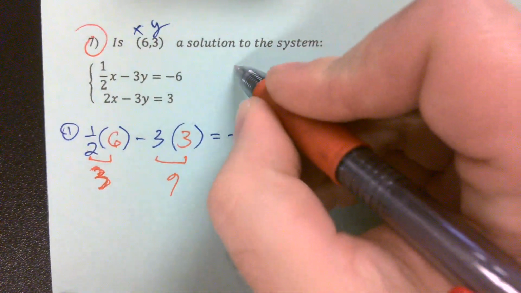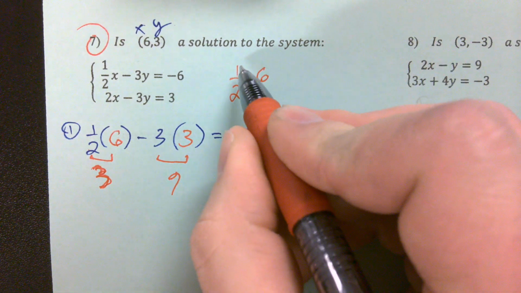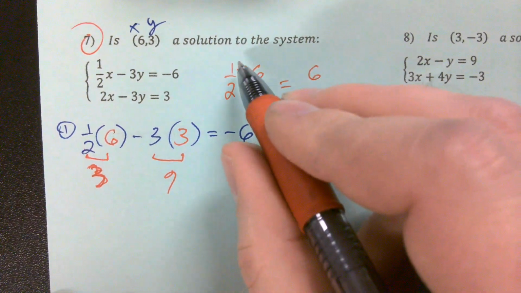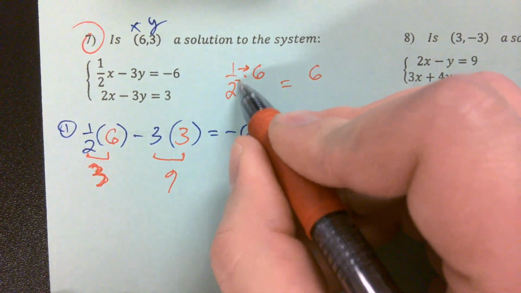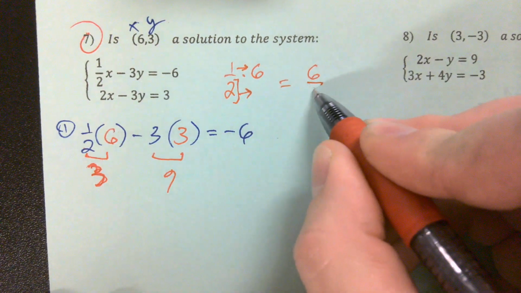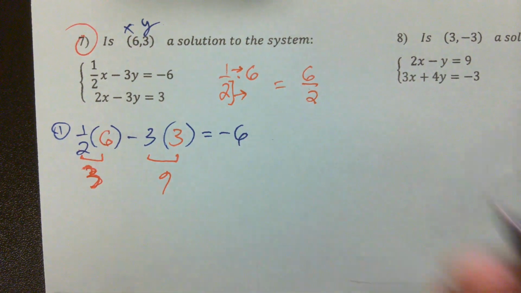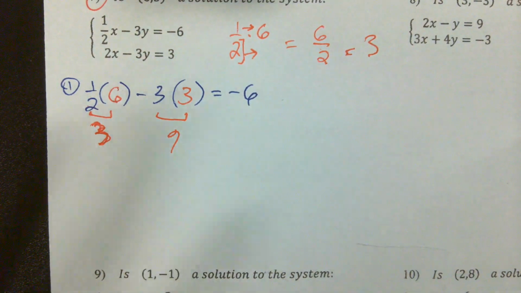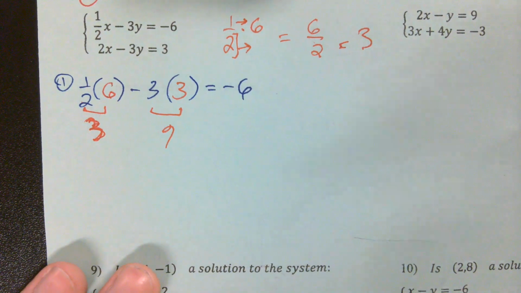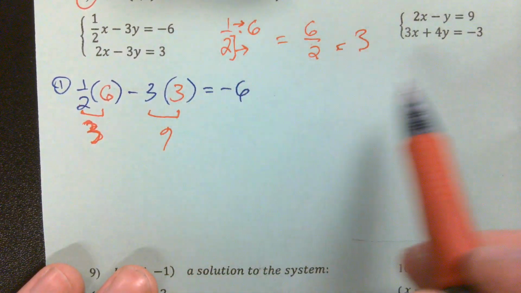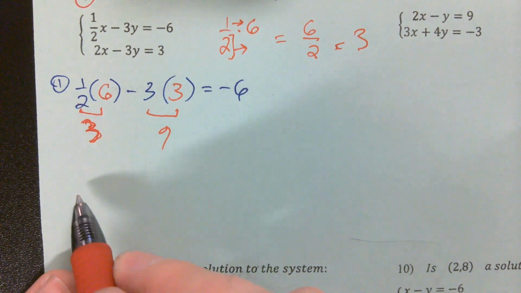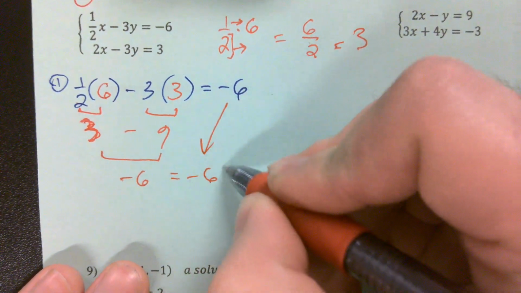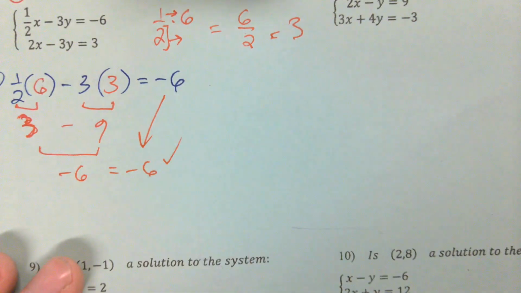Mathematically, what we're really doing here, though, is multiplying our numerator by 6. 6 times 1 just gives us 6 on the top. And then we keep our denominator the same. And then we divide. 6 divided by 2 gives us 3. So either way, if you want to work through it logically, half of 6, well, that's 3. But what we're actually doing here is this process up top. 3 minus 9, bring down that minus. 3 minus 9 gives me negative 6. That is equal to negative 6. So my first statement is true.